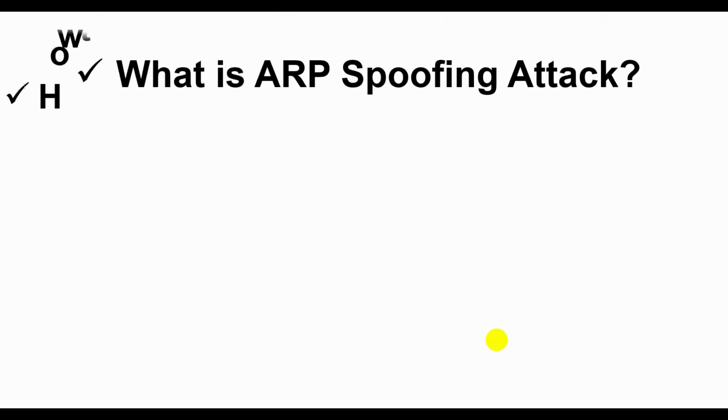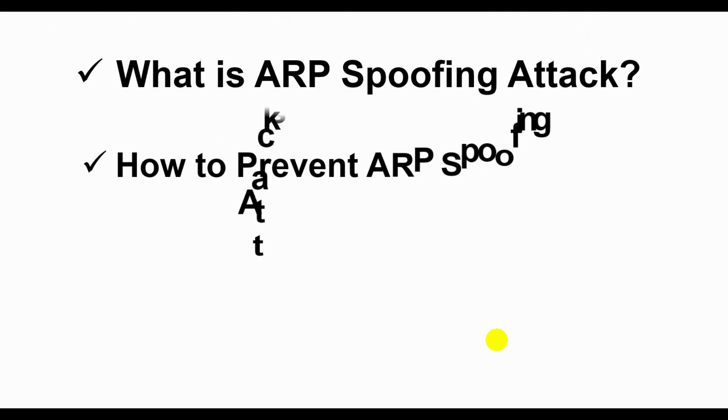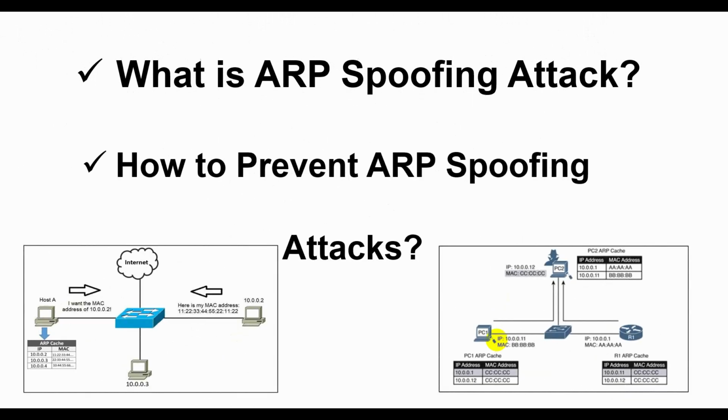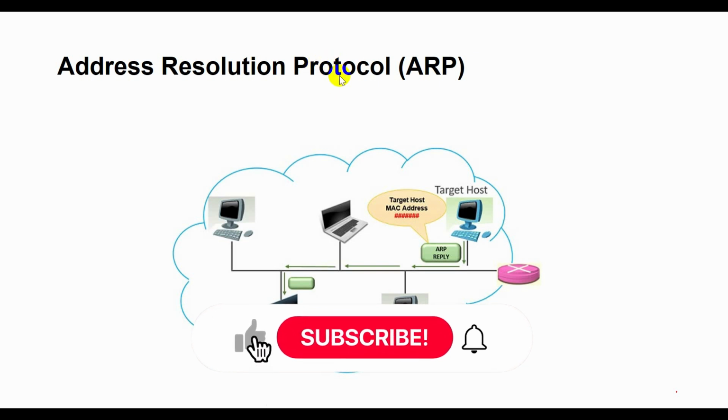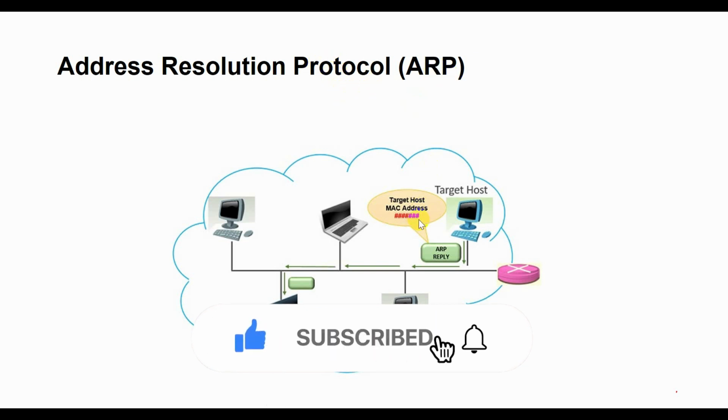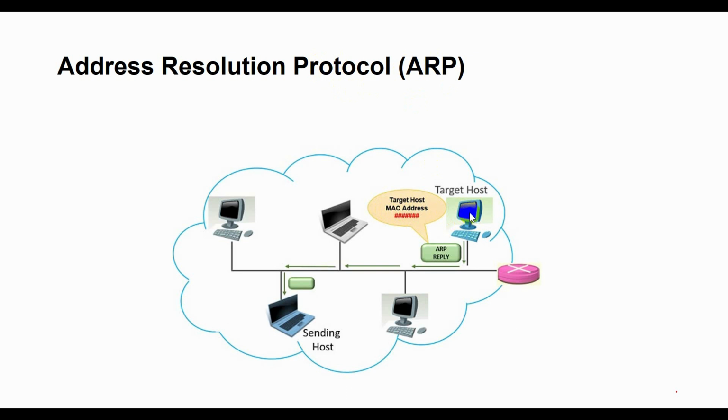Okay guys, in this video I will discuss ARP attacks, how attackers perform them, and I will show you how to prevent these attacks. ARP stands for Address Resolution Protocol. It is a communication protocol that is one of the important network layer protocols in the OSI model and is used to determine a device's media access control or MAC address based on its IP address in order to communicate with other devices on the network.